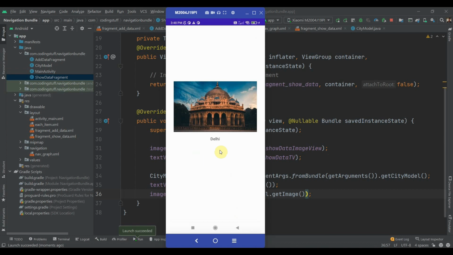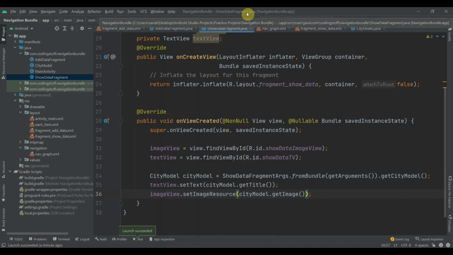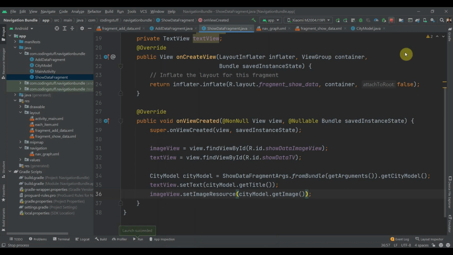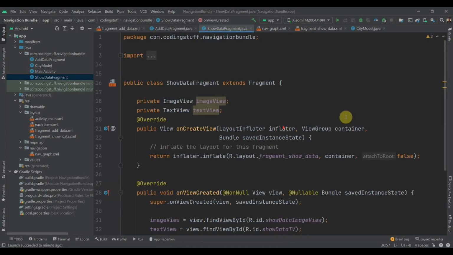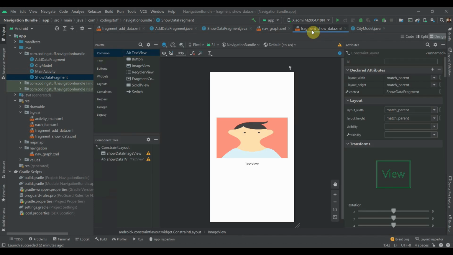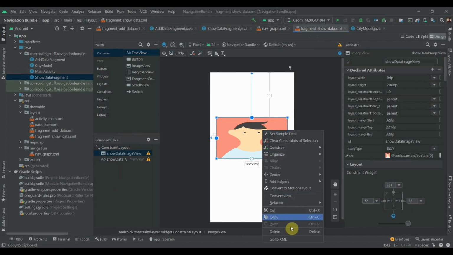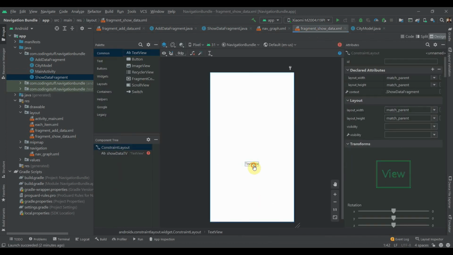So now we'll see how we can pass a list of custom objects from one fragment to another fragment. Okay, so let me just minimize this, stop this. So for that, in our show data, we'll delete this image view, we'll delete this text view, we'll add a recycler view.